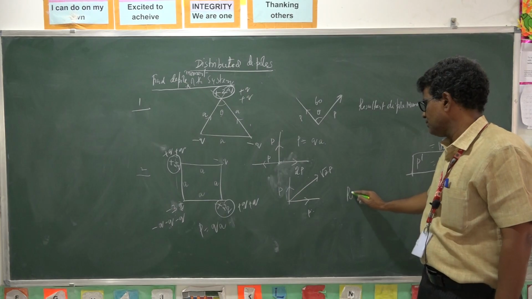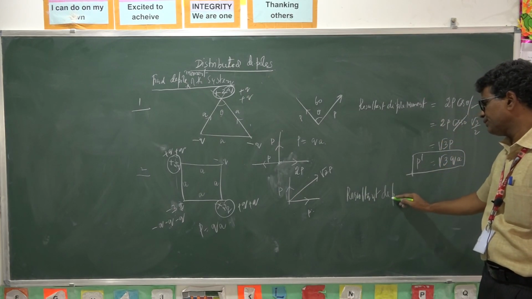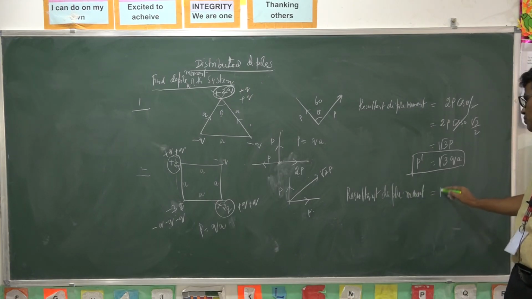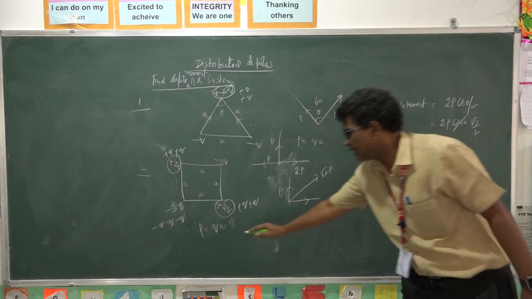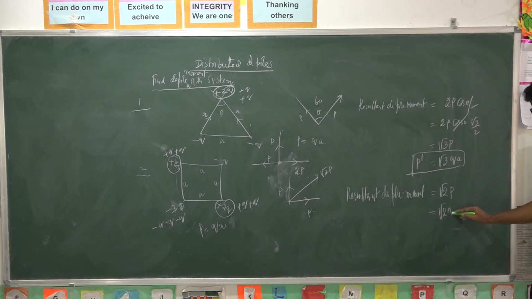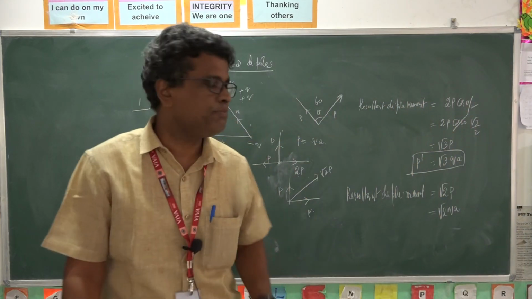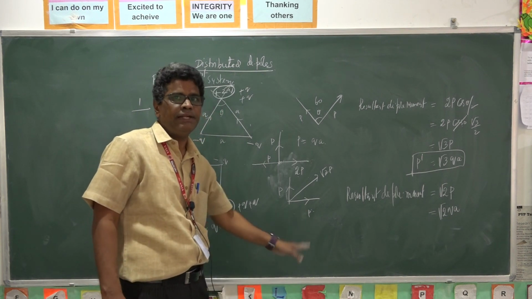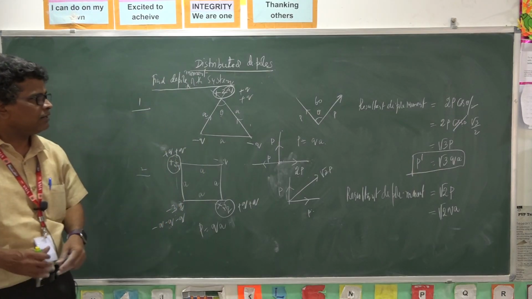So the answer, the resultant dipole moment, is root 2 p. Instead of p, can I write q into a? So root 2 q a. This is one more question. These are from objective; you may get such questions in IIT JEE Mains and NEET. That is called distributed dipole systems.